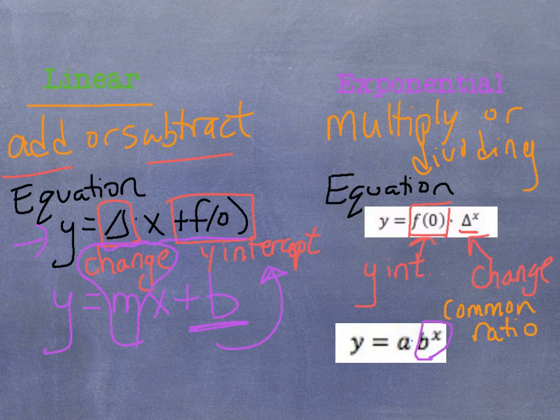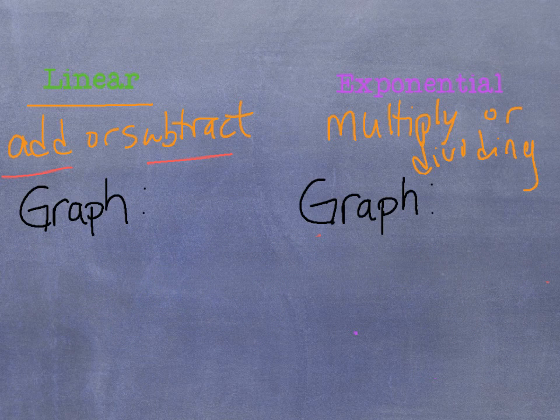Again, how we're connecting these two, the f of 0 is our y-intercept, and our y-intercept, instead of being that f parentheses 0 parentheses, is going to be the a, and the change, or the common ratio, is going to be our b. So those equations are great and all, and those are going to be very useful and helpful